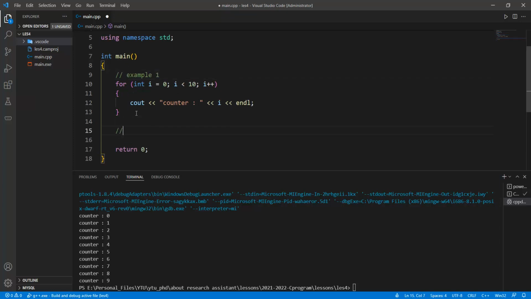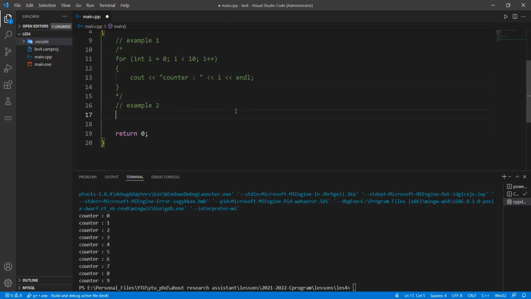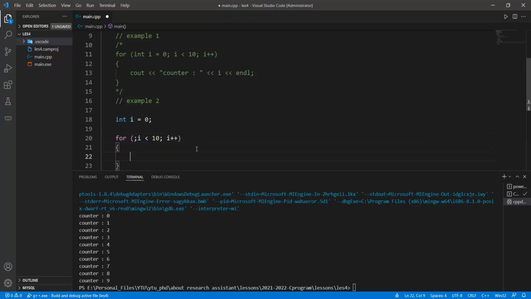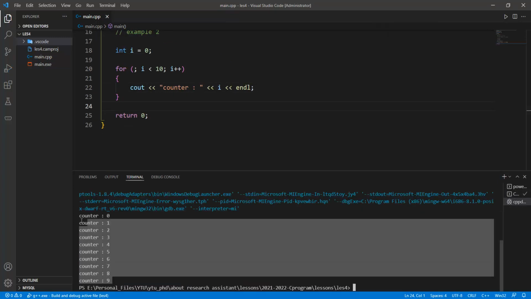This is a simple example, example 1. Okay, and example 2 can be given like this. Firstly, we should remember that the integer i value can be assigned in this section. We can leave the empty space at the beginning of this code, and so i is smaller than 10, and i++ should be added here, and then the cout. We can copy all of these things into this space,